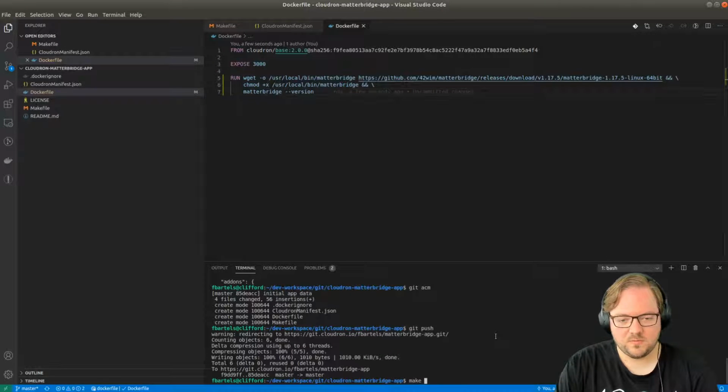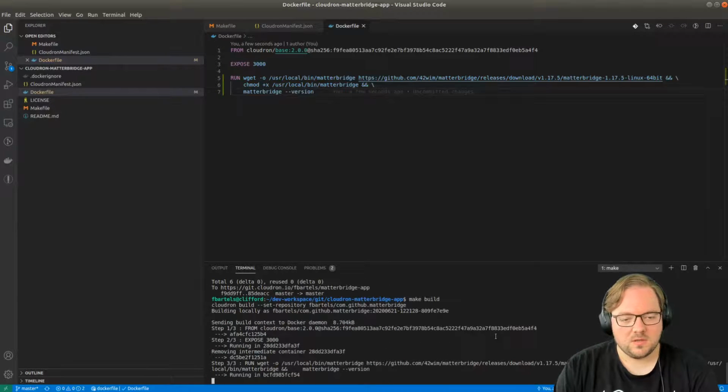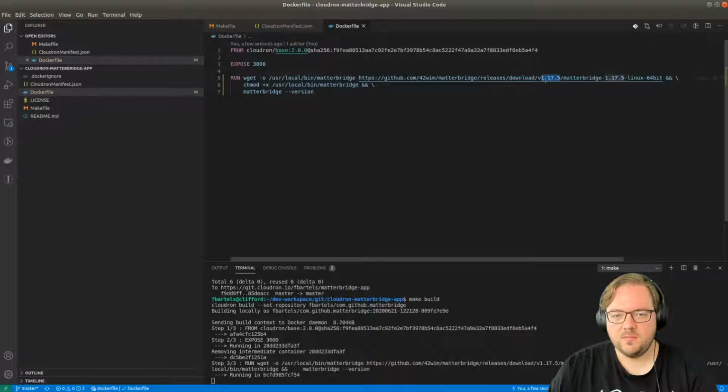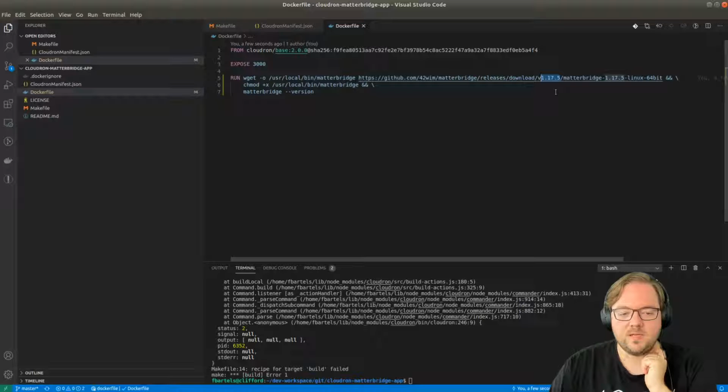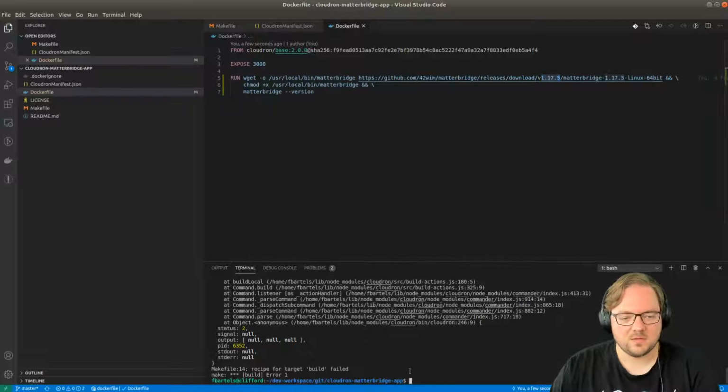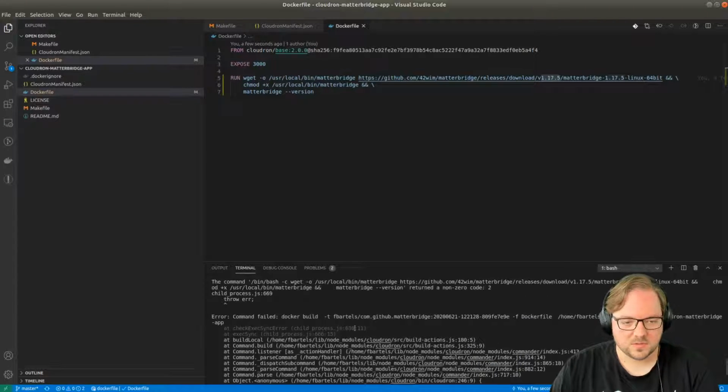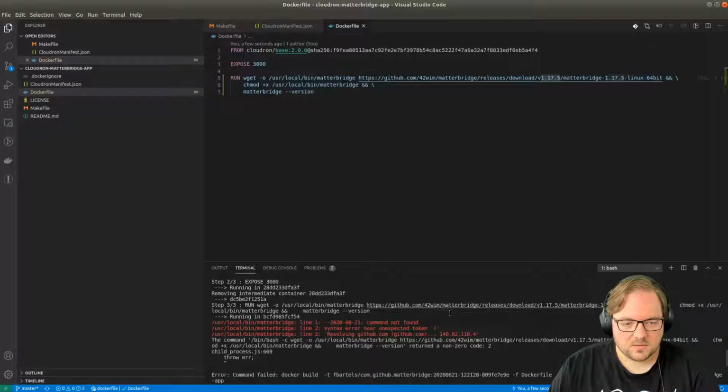So if we go now back to the terminal, we could now do a make build, which will then download Matterbridge, the official release. You could do some stuff like specifying this version with an environment variable, or even better, with a build argument. So far we just leave the hard-coded version and we'll clean it afterwards. So it's downloaded,